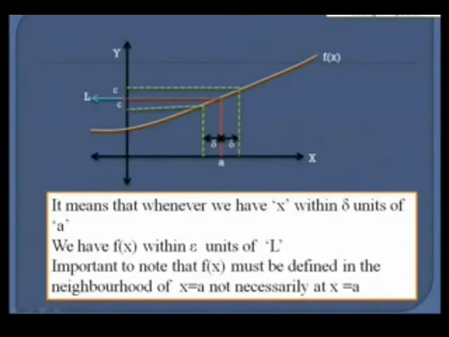Now let's try to understand it. This is y equal to f(x). Its value is equal to L at x equal to a. If I take any point that is delta units within x equal to a, then the value of f(x) would be within epsilon units of L. So if I take any point at delta units, then the value it assumes is L minus epsilon, which is very close to the value L. Similarly, if I take any point x equal to a plus delta, then the value would be equal to L plus epsilon. L plus epsilon is also very close to L because epsilon is very close to 0.